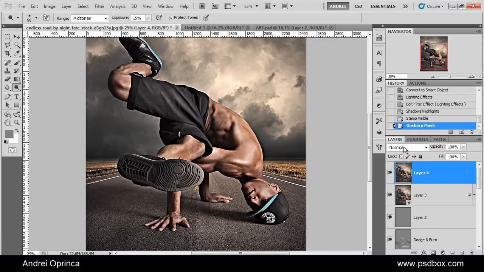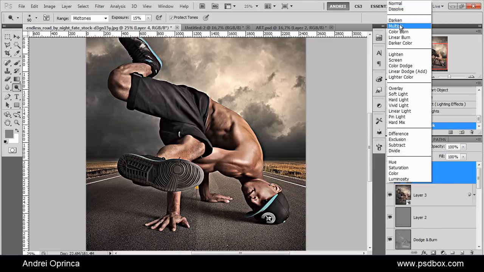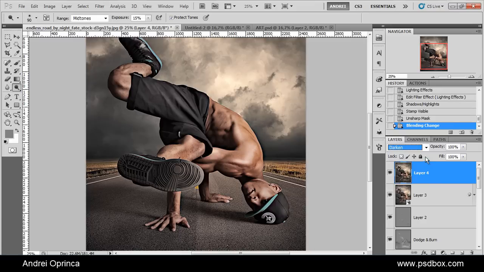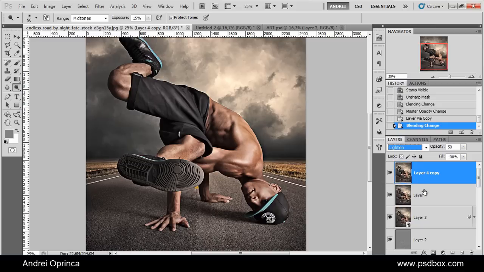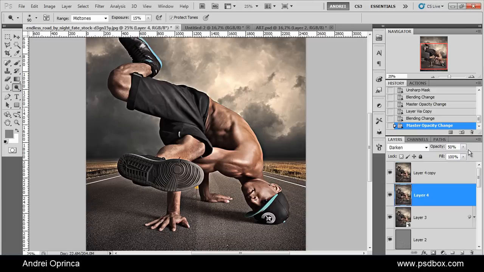Yeah, that's okay. Now change the blend mode of this to darken, and you can reduce the opacity to about 50%, and now duplicate the layer and change the blend mode to lighten. Actually, let's leave the opacity of both of them at 100%,